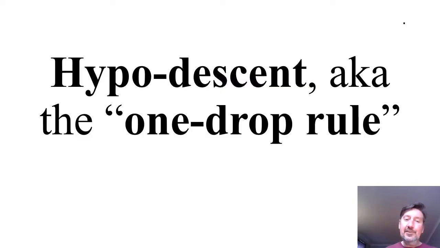Racial identities in the United States were then further solidified with slavery and continued to be so after slavery. One way this was accomplished was through the idea of hypodescent, which is also called the one-drop rule. Hypodescent works by defining a person with a single drop of black blood as being fully black,